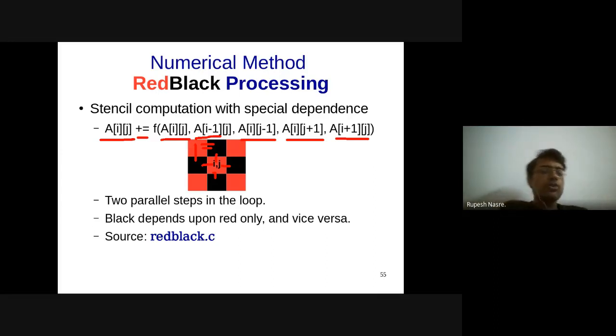For example, you are not only using i minus 1, j minus 1, i plus 1, j plus 1, but you are probably making use of two such neighbors, maybe i minus 1, i minus 2, i plus 1, i plus 2, as well as in the j direction. And that is going to happen for each of the rows.